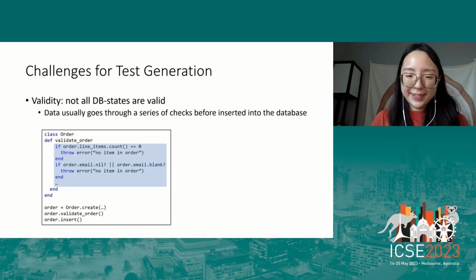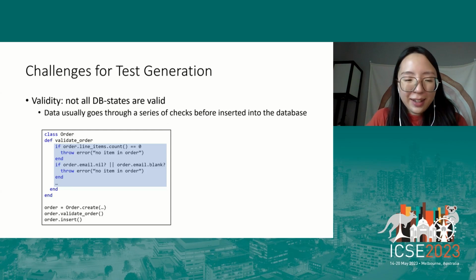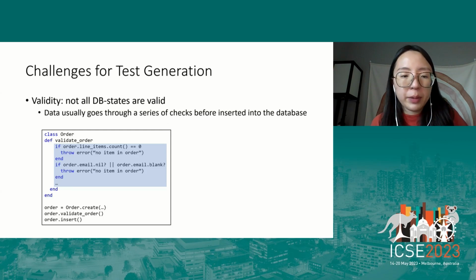Hi, nice talk. So you said that you have a constraint solver for checking DB states. I was not very clear on exactly what you meant by that. It's not a solver. Basically, the application itself has some code to check whether a state is valid or not, when the data is inserted into the database. So we have a static analysis to collect this bunch of code scattered in the application and then recompose them into a database state checker.